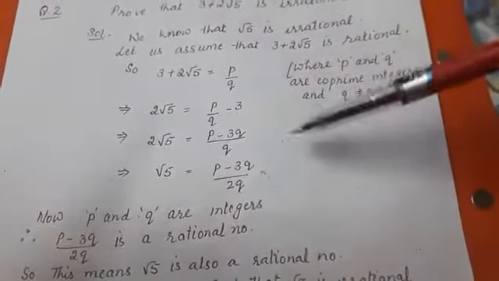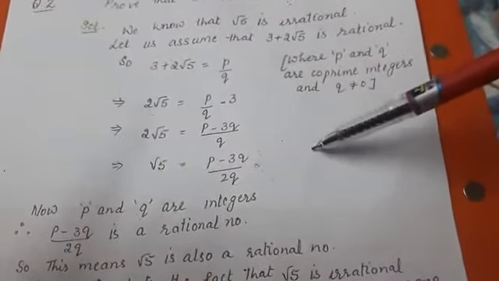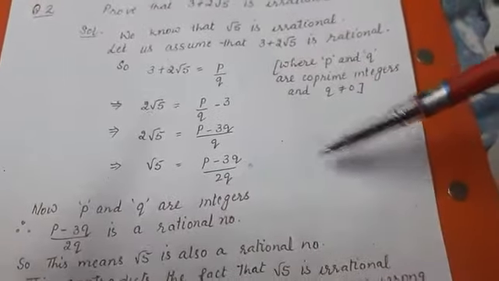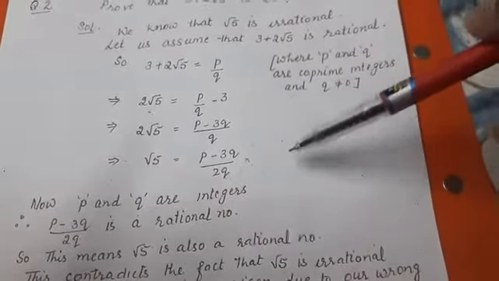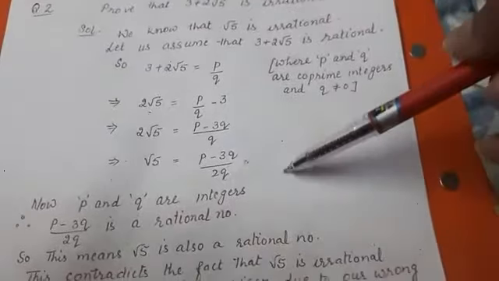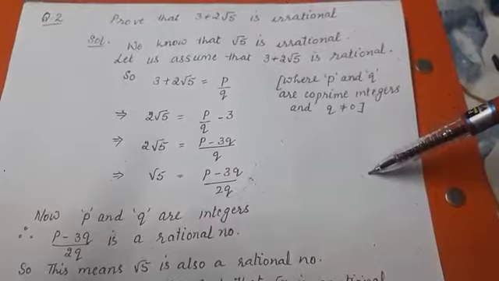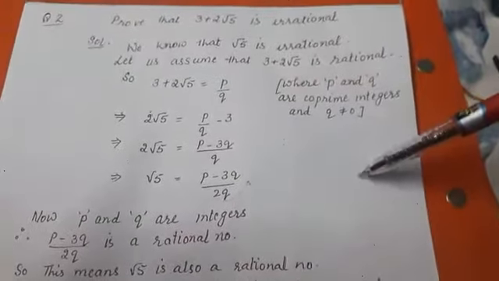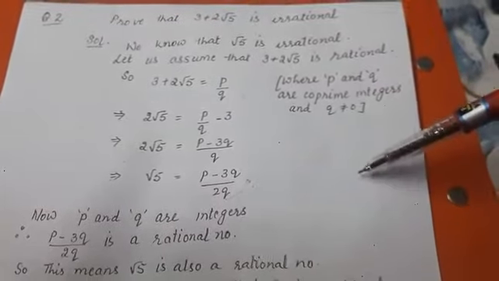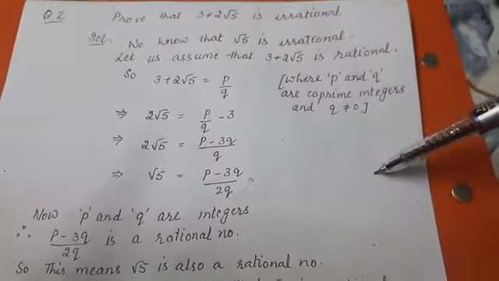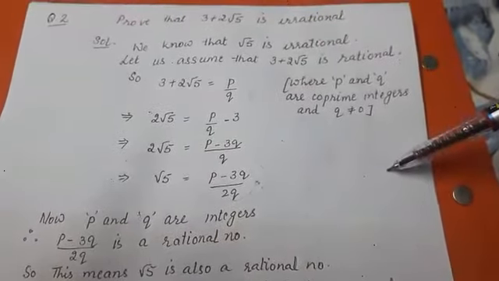Now I'll talk about closure property of integers. Closure property means, as the name suggests, closed. For example, if I talk about the addition of integers, it is closed. Closed means when we add two integers, in the answer we get an integer. It does not allow anything else to enter there. Integer plus integer is equal to integer. For example, 2 plus 3. 2 is an integer. 3 is an integer. Answer is 5. 5 is also an integer.